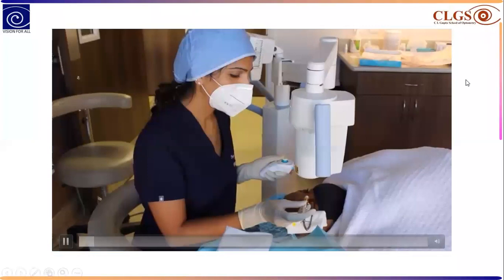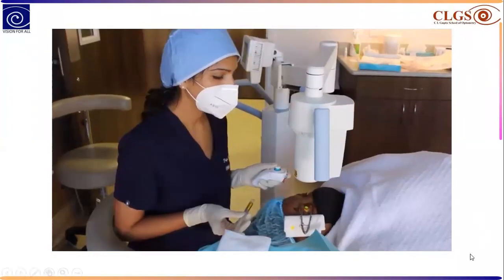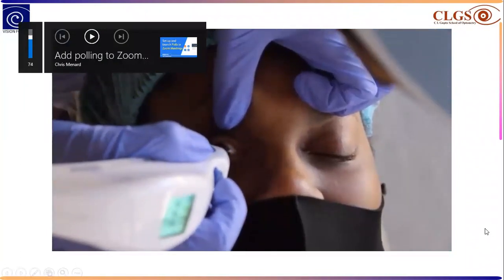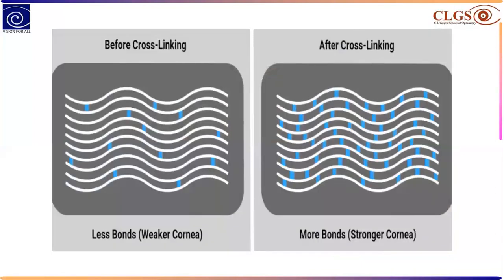Now with corneal cross-linking, we have a way to actually halt, or at the very least, slow down the progression of this disease. The basic concept of corneal cross-linking is using a solution called riboflavin and combining it with UV light to strengthen the bonds in the cornea to make it stronger. If the cornea is stronger, then it won't continue to bulge out. This procedure involves three main steps. Step number one is removing the corneal epithelium because the riboflavin solution has to penetrate. This takes less than a minute.